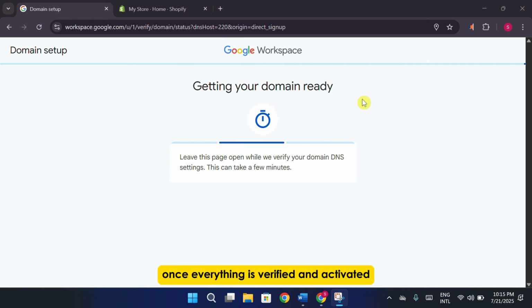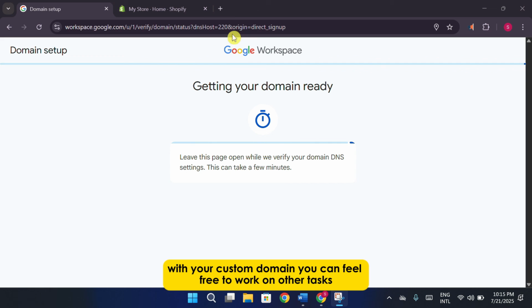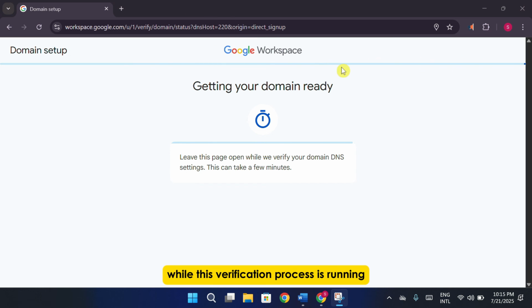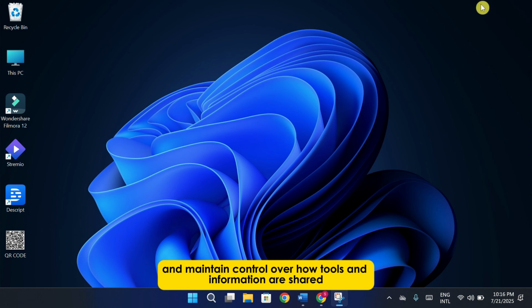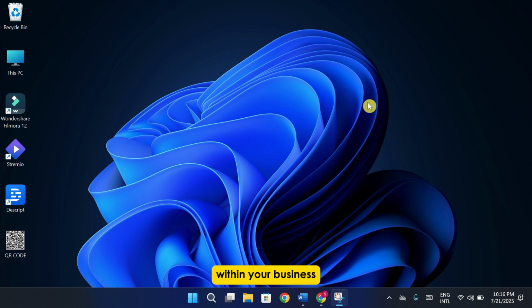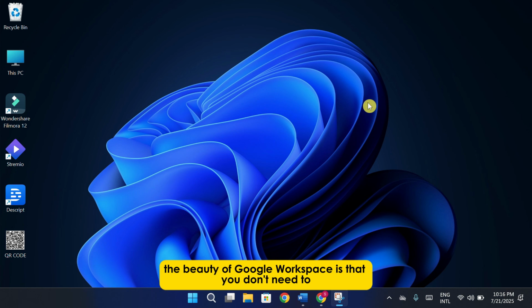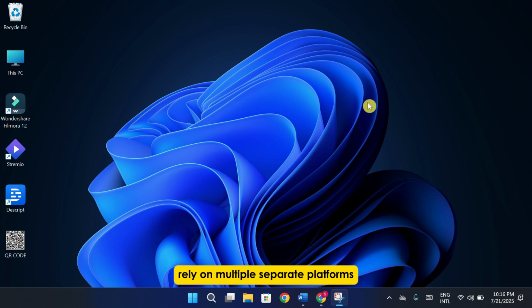Once everything is verified and activated, you'll be ready to start using Gmail and all the other Google Workspace apps with your custom domain. You can feel free to work on other tasks while this verification process is running in the background. Google Workspace also lets you build organizational units and hierarchies, and assign different email aliases and permissions to each one. This way, you can keep your workflows organized and maintain control over how tools and information are shared within your business. The beauty of Google Workspace is that you don't need to rely on multiple separate platforms or